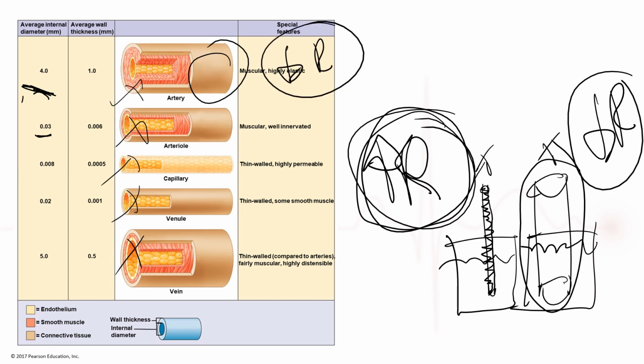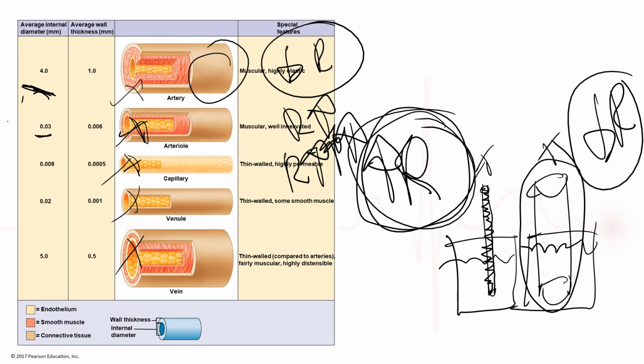And as the lumen of the vessel becomes more and more narrow, like going from a McDonald's straw to a coffee straw, as the internal opening becomes more and more narrow, as you move from larger arteries to arterioles to capillaries, the resistance just keeps increasing, right? There's more and more resistance to blood flow as you get further and further